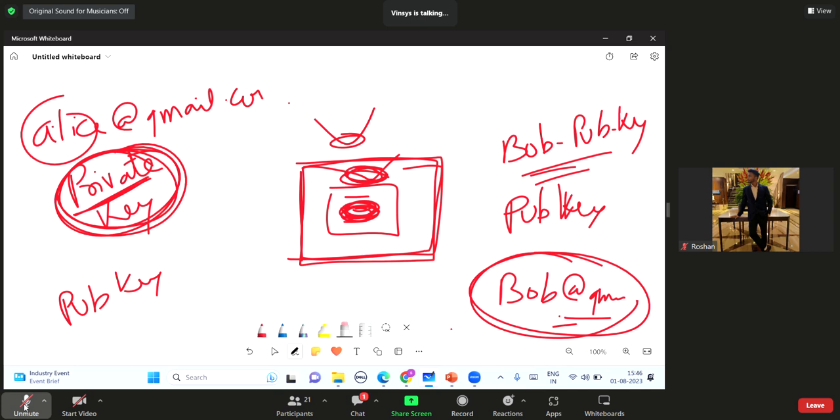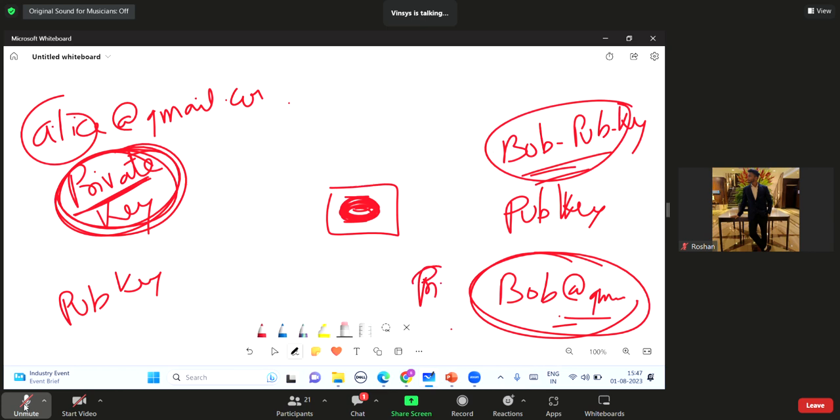So Bob was successful in finding out that Alice is the only person who sent this mail. And now he wants to read this file. Because it has been locked using Bob's public key, Bob will use his private key to open it. Bob is the only person who has the private key, so only Bob will be able to open this file and read it.